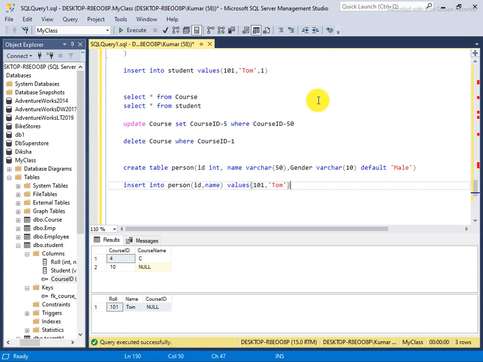Okay, so you will notice that gender is automatically captured as male.